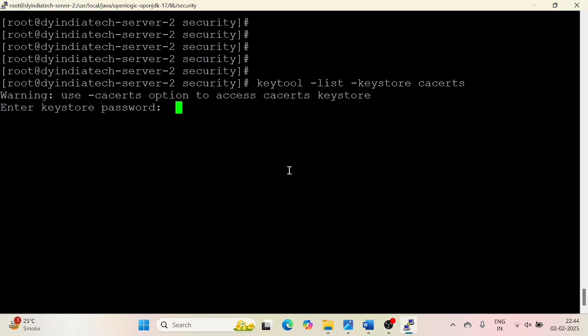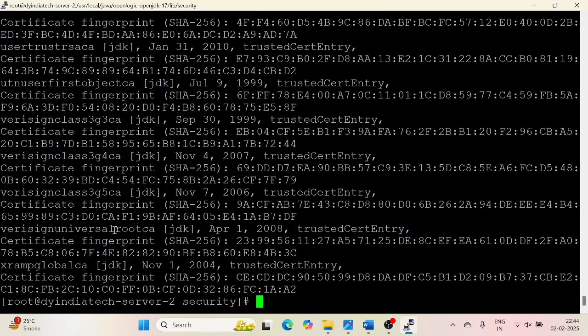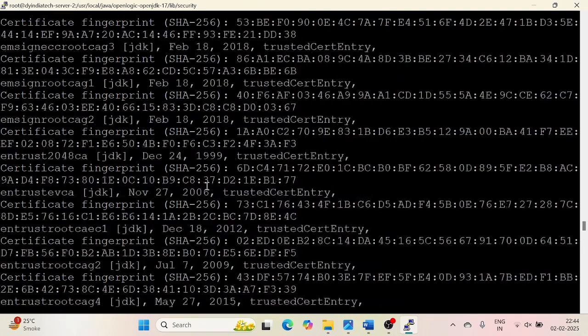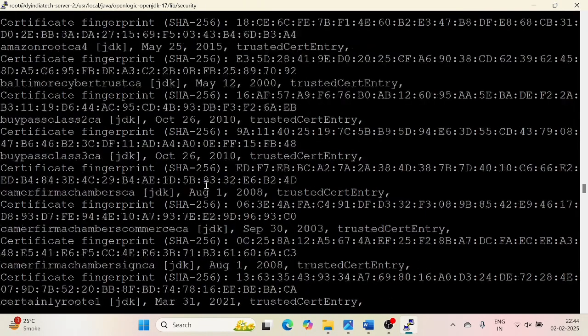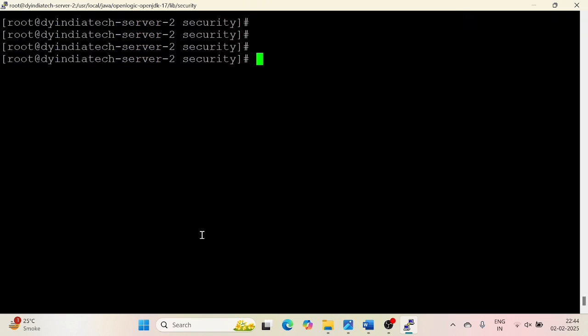Then you have to enter the same password, and you will see a lot of certificates already present in your cacerts. But how will we find our certificate in this case? You can scroll one by one,